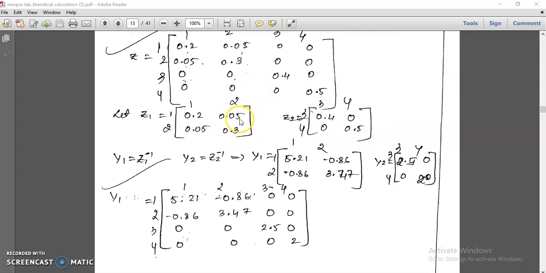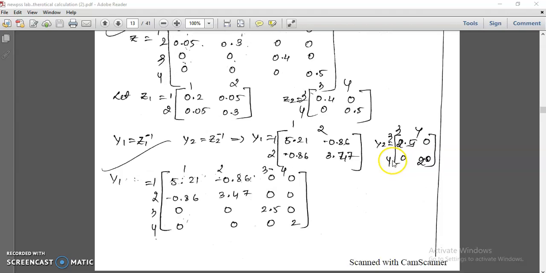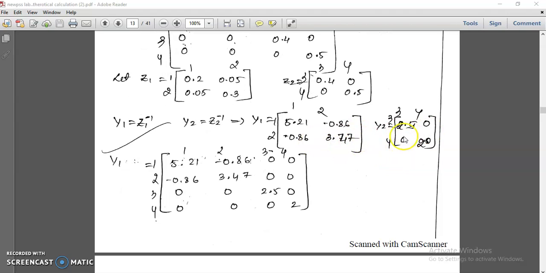So now once you divide this matrix, you have to do the individual inverse. This is Z1 inverse, Z2 inverse. Once you do that, this will be Y1, Y2. Now don't do addition or subtraction. What you have to do is, in the matrix we found, just replace the values in a particular box. So now form this matrix again.